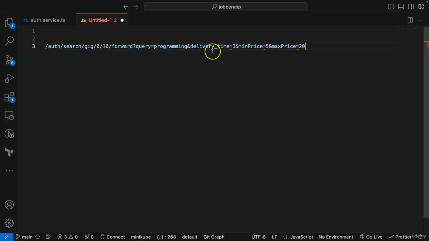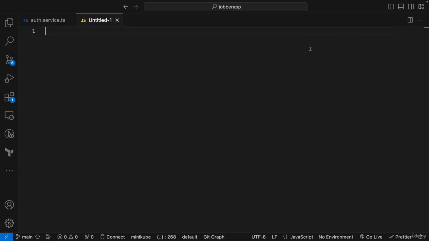At first, when the user types into the search box, we are going to have only this kind of query equal to whatever the user types in. And then when the user wants to filter by delivery time, we are going to append this delivery time. And when the user wants to filter by minimum and maximum price, then we are going to append this as well. Okay, so this is how it's going to look, but now we'll need to construct this here in